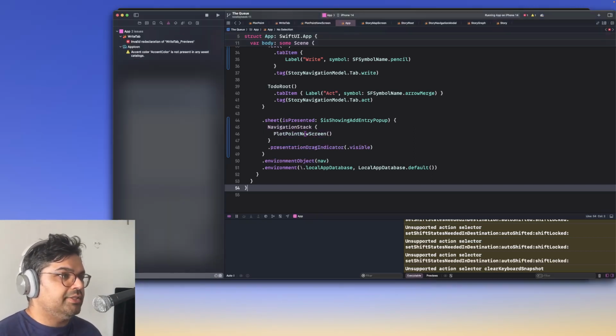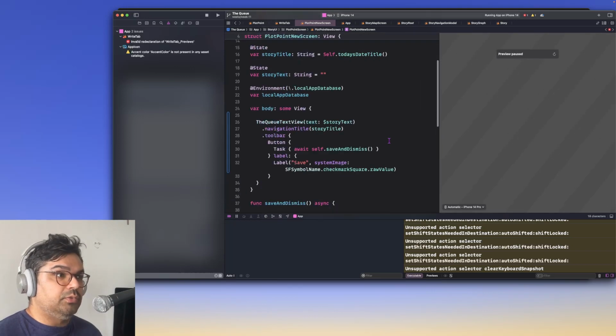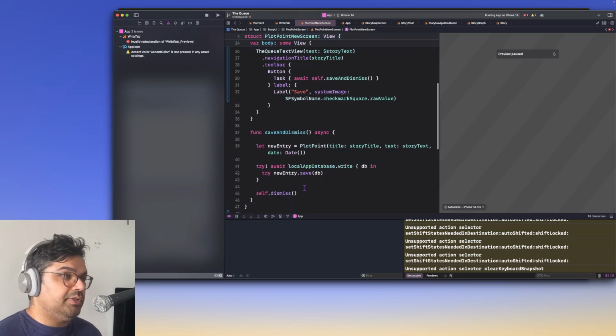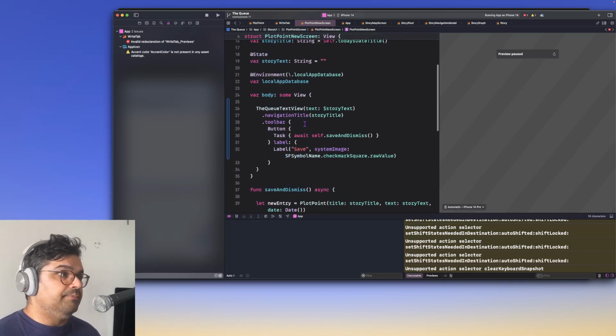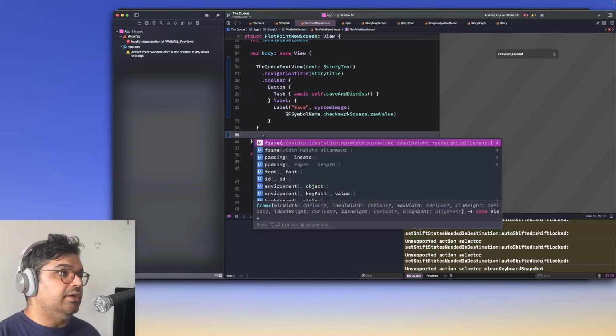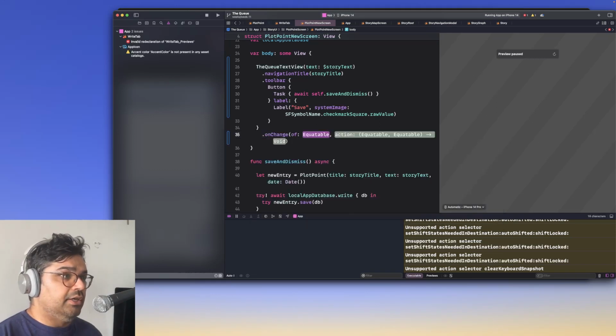Yeah, so we're presenting this new screen. It goes to here, and then we want to save but not dismiss it once we start typing. So I guess we're going to do something like on change of